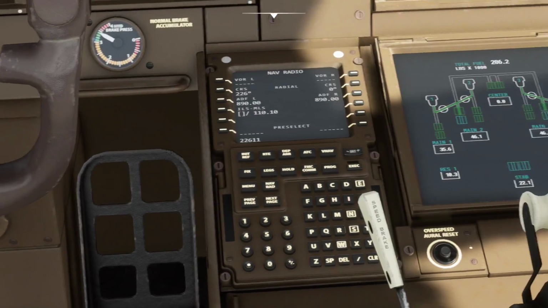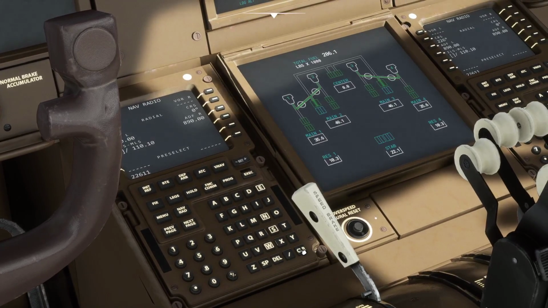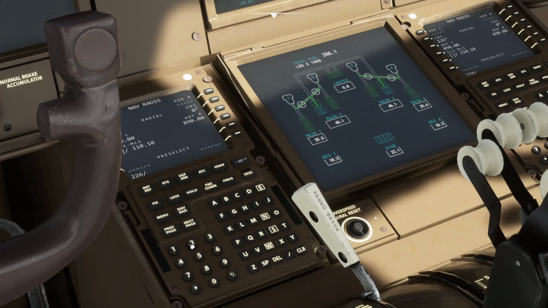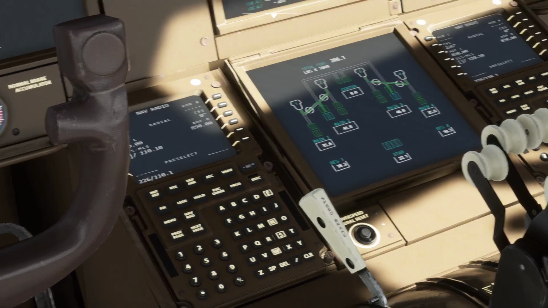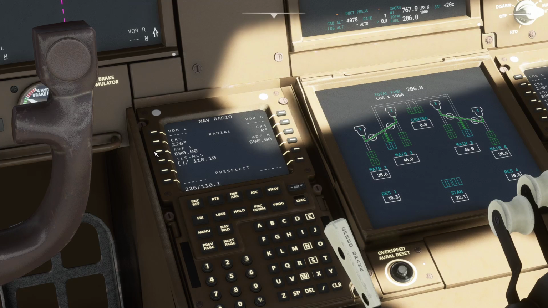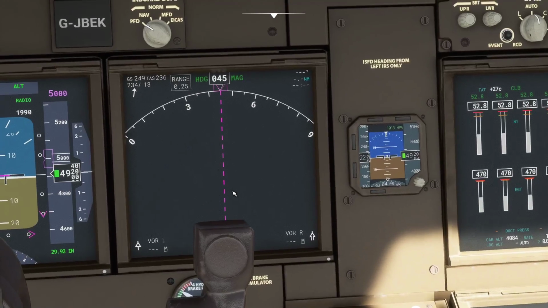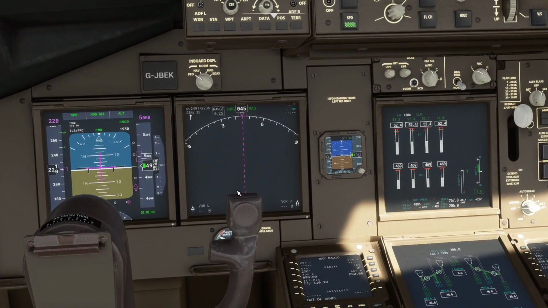Oh, that's just the speed brakes in the way. I hate this about Flight Simulator. 226 slash 110.1. And now we can't get to the other side of it to do that. No, it won't let us do that. Anyway, so we've put in the details for